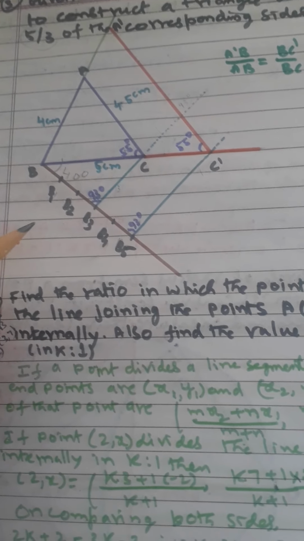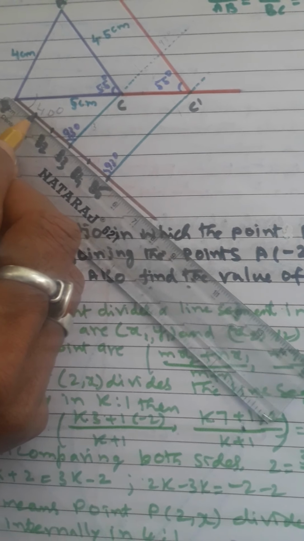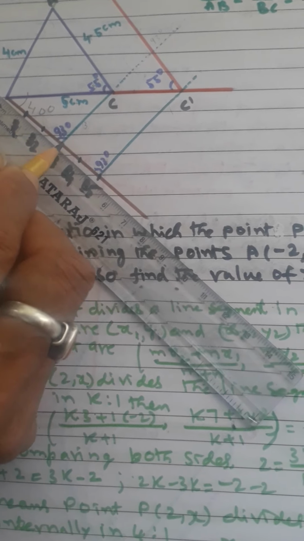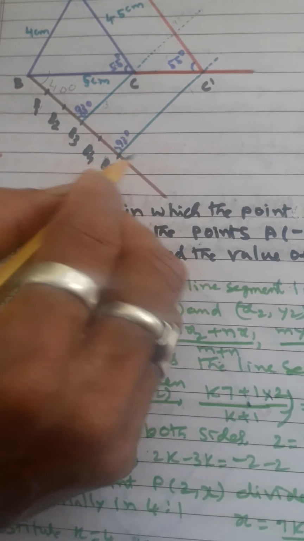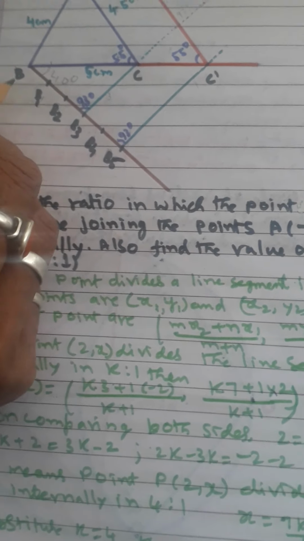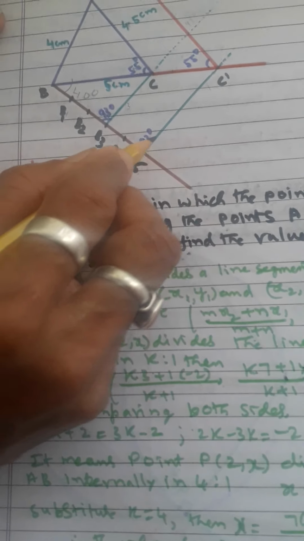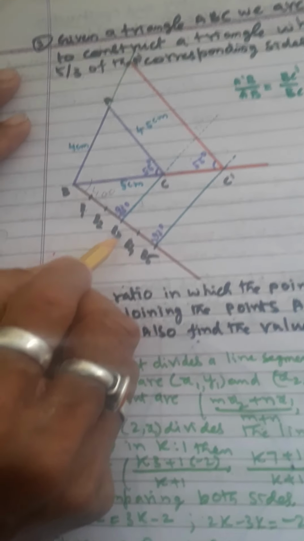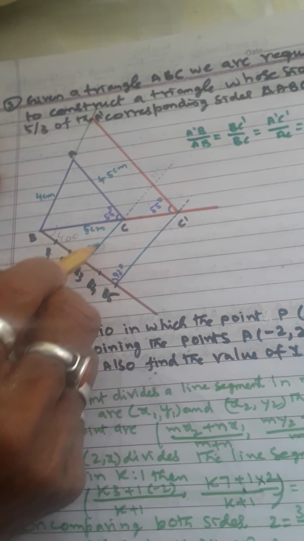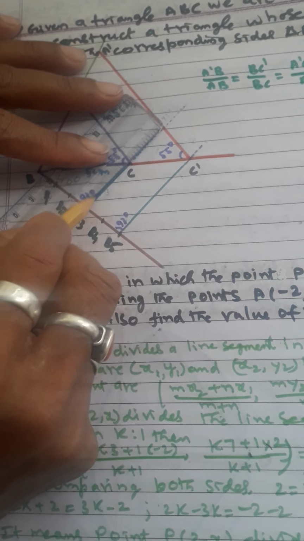So I have taken the scale, and divided 5 centimeter in 1 centimeter steps into 5 parts. So 1, 2, 3, 4, 5. You divide 5 times. After dividing, see, this is B1, B2, B3, B4, B5. Where the lower number, 3, comes, there you join with C. So see 1, 2, 3, wherever 3 centimeter is, from there you connect up to this C.